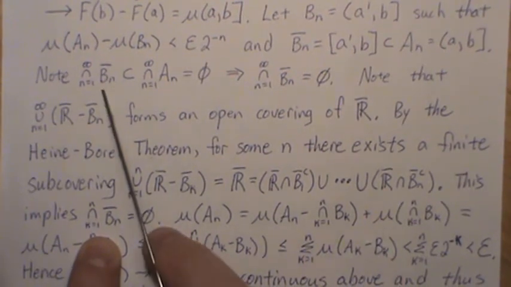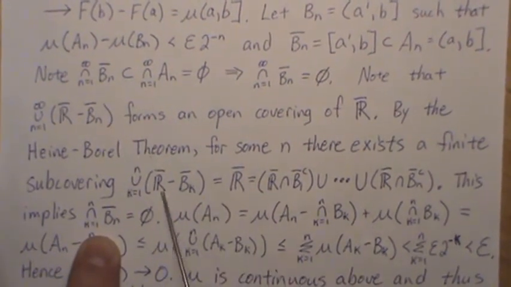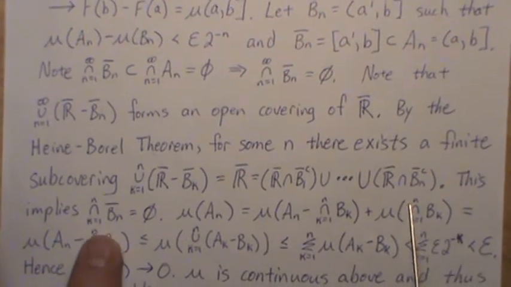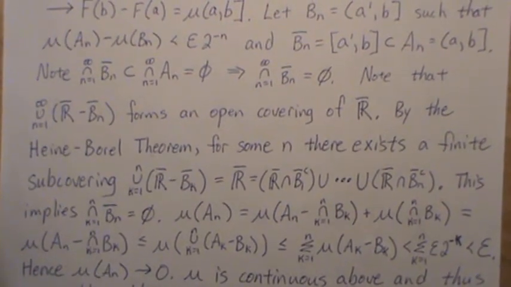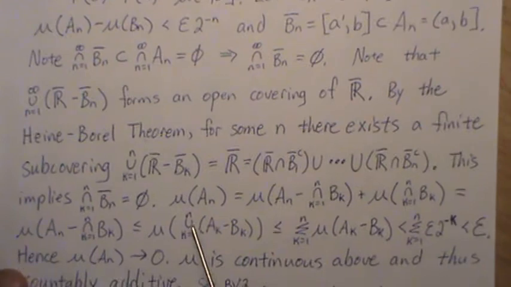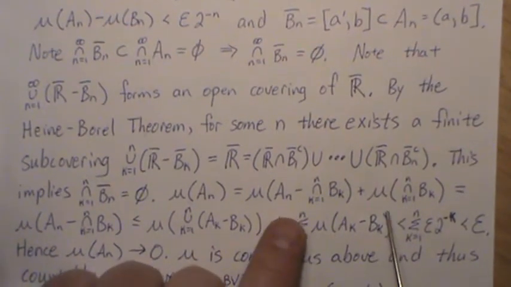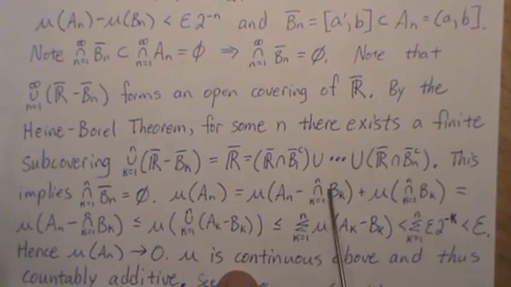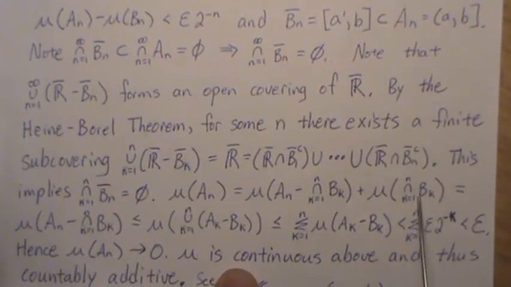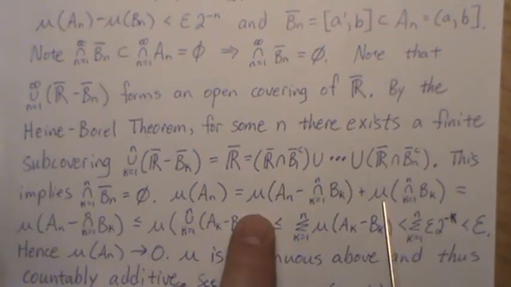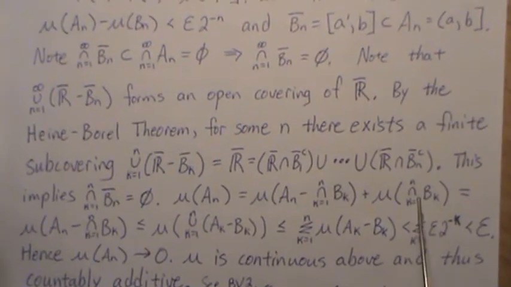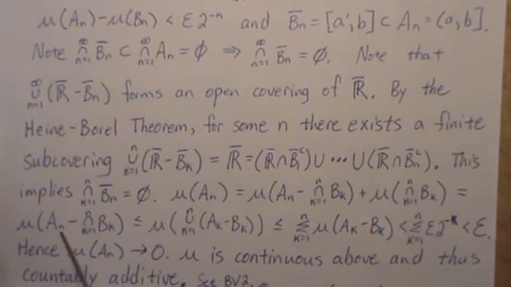Now this is just another way to see it. We showed it up here that it's the empty set, and I'm just trying to show it a couple of different ways. Now, the measure of AN is the sum of these two disjoint sets, so it's the addition of these, but this is the empty set, so this is 0. So that equals this.